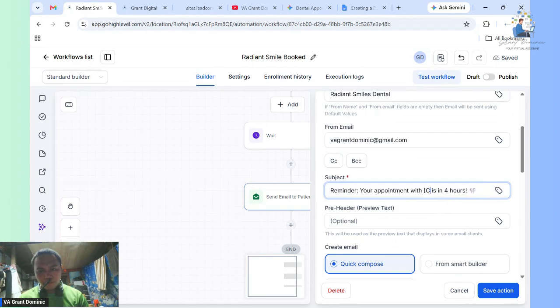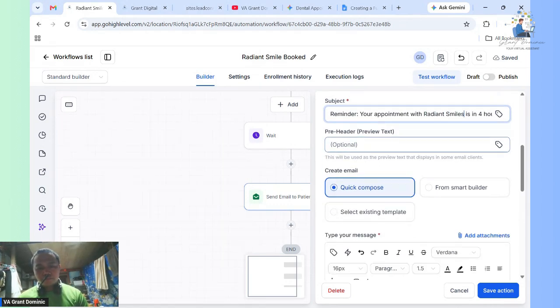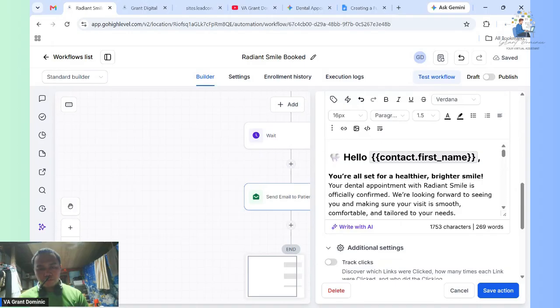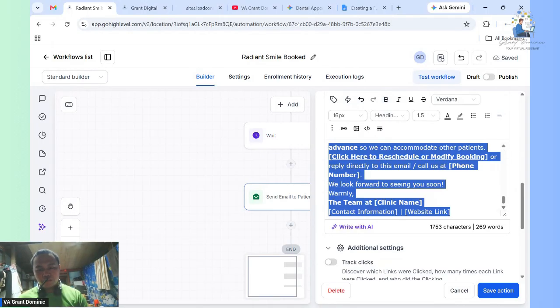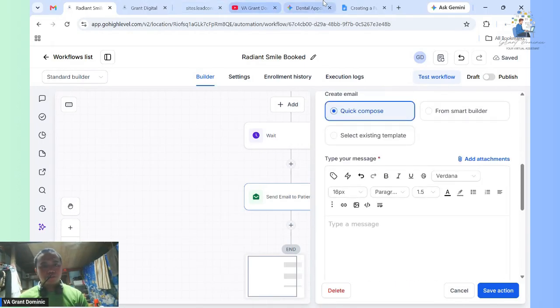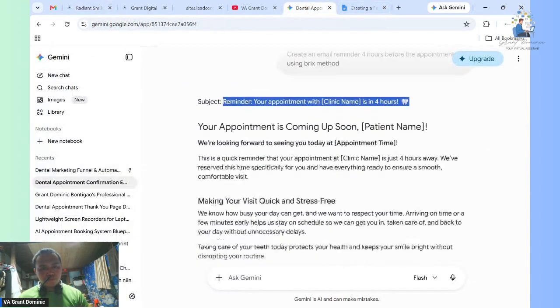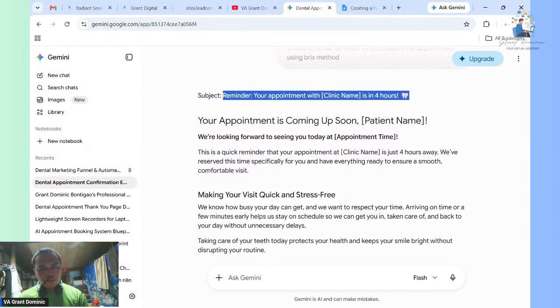Radiant Smile. So we're going to delete this. So your appointment is coming up soon. We're looking forward to seeing you today at the.